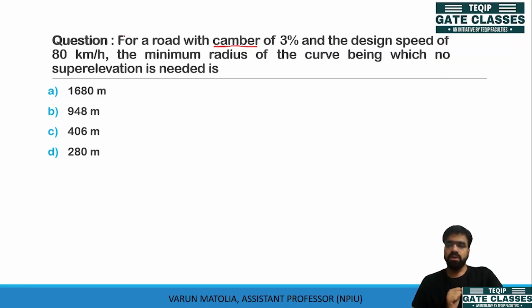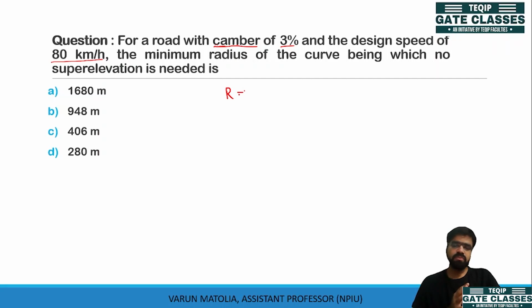Okay, so for a road with camber of 3%, and the design speed as 80 kilometers per hour, the minimum radius of the curve for which no super elevation is needed. They're asking about the radius for which super elevation is not required. Camber itself works enough for the curve. So let us calculate. We know that